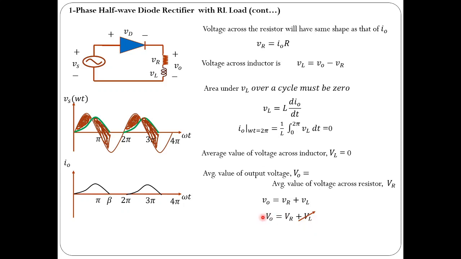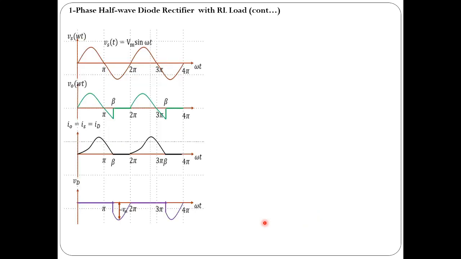So from this fact you can say that the average value of voltage across the resistor is the same as the average value of voltage across the output. This is a very important fact one has to remember. Even for our load, the average value of voltage across the inductor is 0, so the average voltage across the resistor equals the average output voltage. But the same cannot be concluded in the case of RMS values. The RMS value of voltage across the resistor is not the same as the RMS value of voltage across the load. You cannot derive that in the same way. Please note this particular point. It is very important.